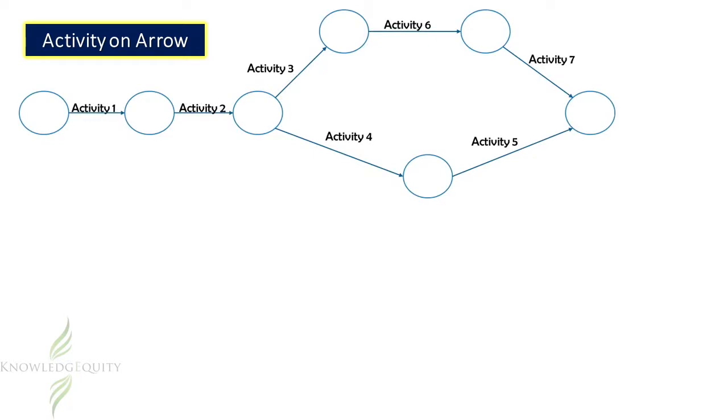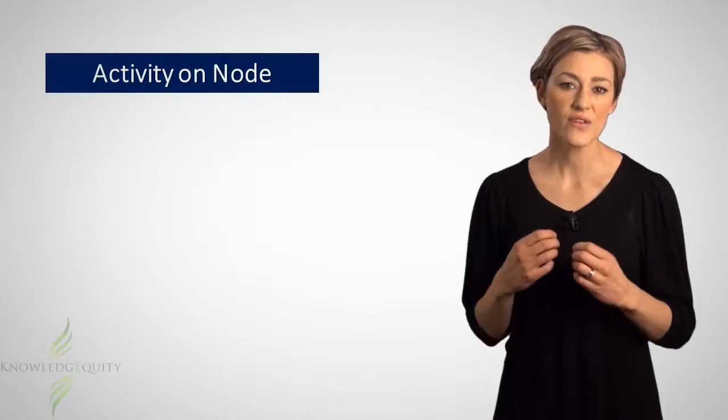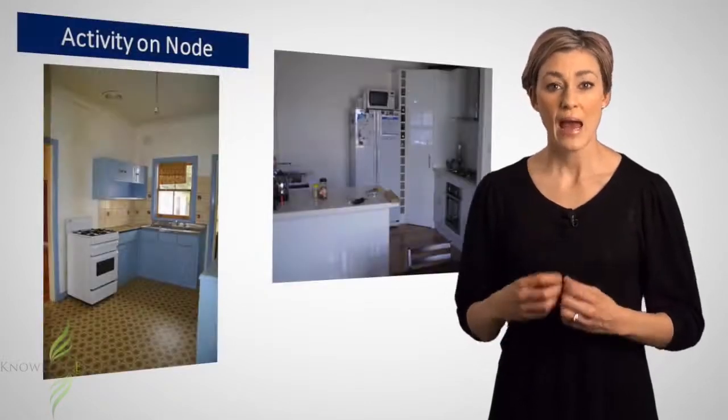Activity on arrow format, where the activities and times are written along the arrows between the nodes, and activity on node format, where the activities are represented in the nodes or shapes of the diagram, and the times are written along the arrows. For this example, we are going to use the activity on node format and map out a